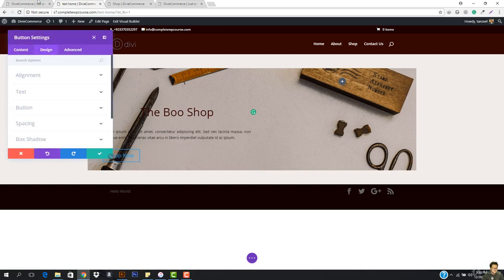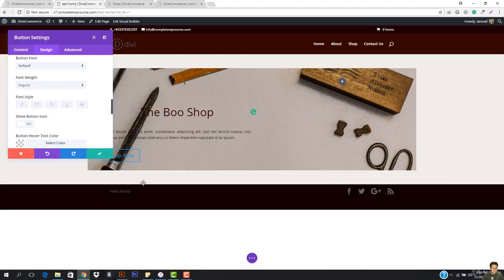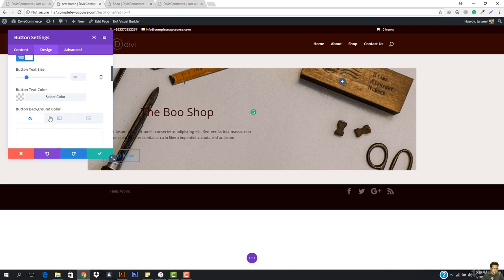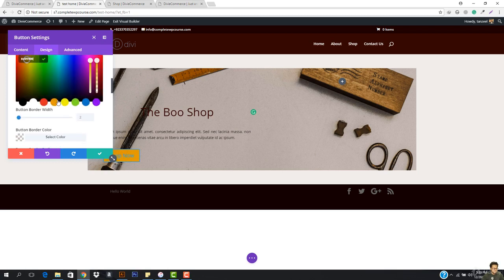And for the button, the text design is going to be brown. So I'm going to go to the button right now and I need to use custom styles for the button. We don't want the button icon, because if you hover your mouse, you can see no icon is right here. So no icon should be here. And I want the button text color and the background color. The background color is going to be brown, not the yellow,